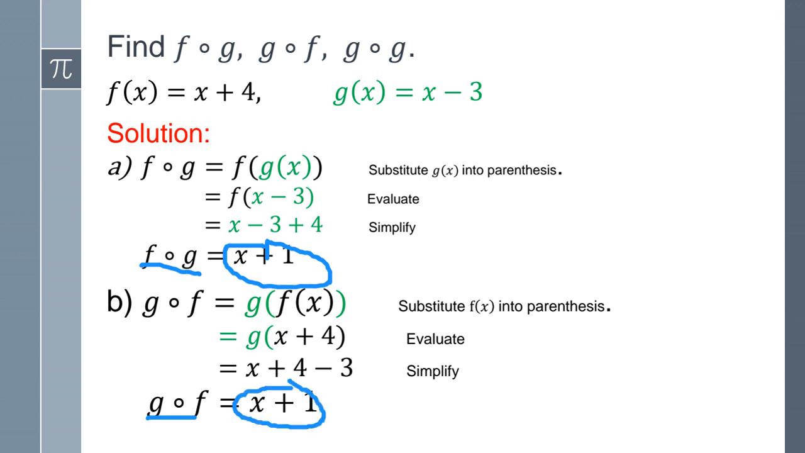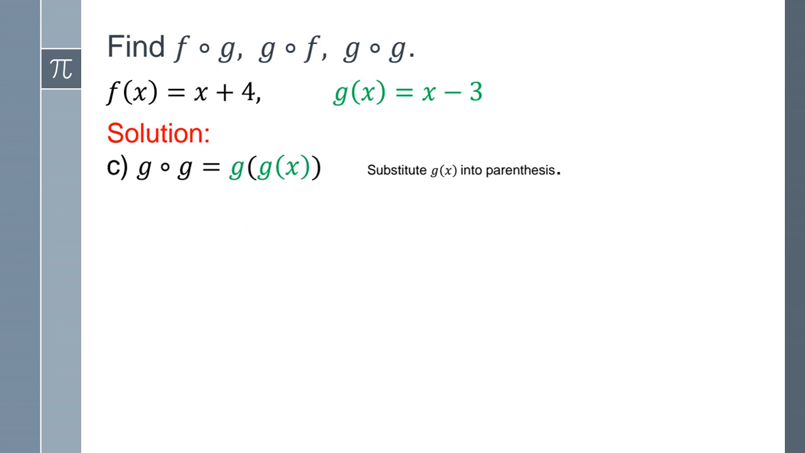Now we're going to do part C, which is g of g. So I'm going to go to my g function. This is my g function here. So I'm going to plug in x minus 3. I'm going to plug in x minus 3 right there, in there. So it's going to give us